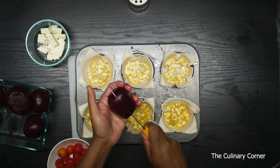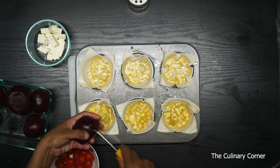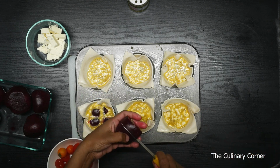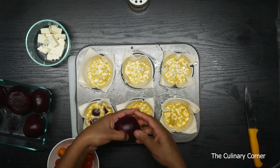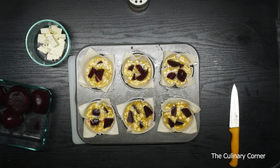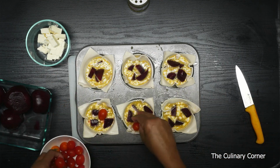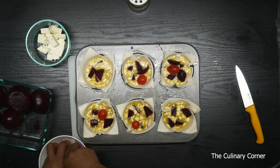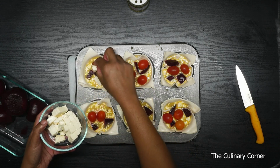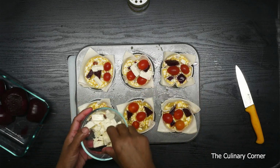And after, get a beetroot, cut it into small squares, maybe put 4 into 1. Now get the tomatoes. You can put it like this because they are tiny, and then top up with the feta, and this goes to the preheated oven, 200 Celsius, about 20 minutes or